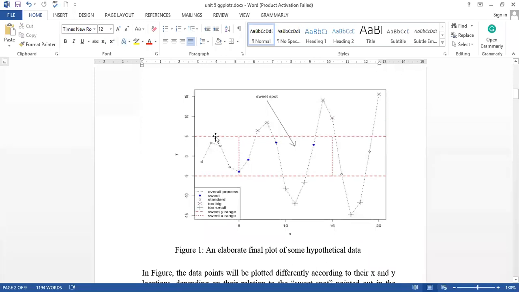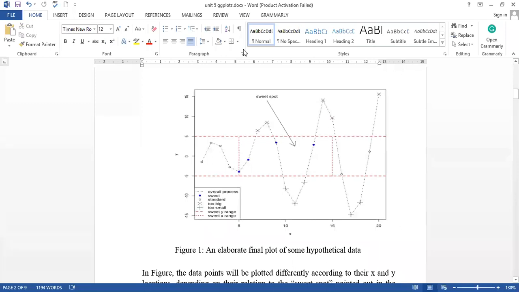This one is the y boundary region and this one is the x boundary region. Then we have an arrow in this plot, and the name of the arrow identifies this particular portion of the graph. And in the left corner, we have a legend of the graph.